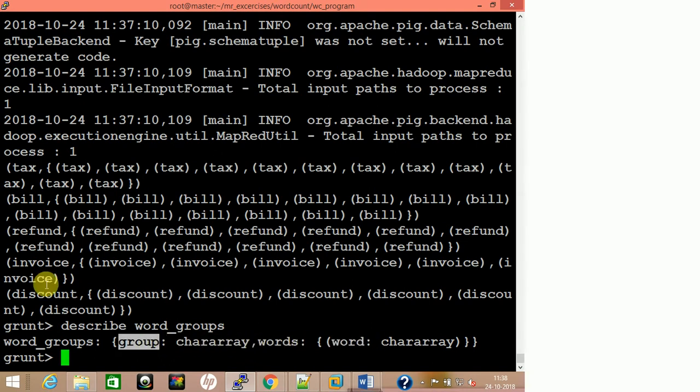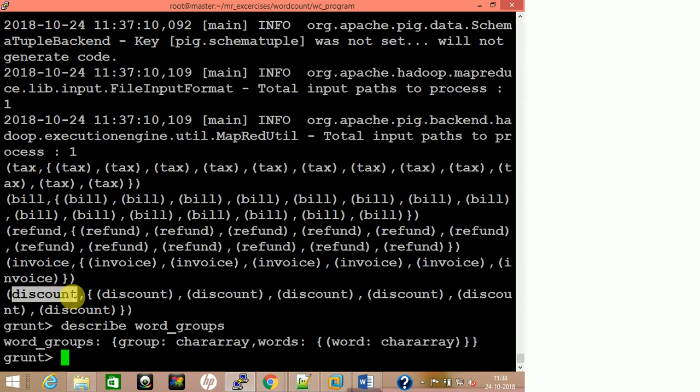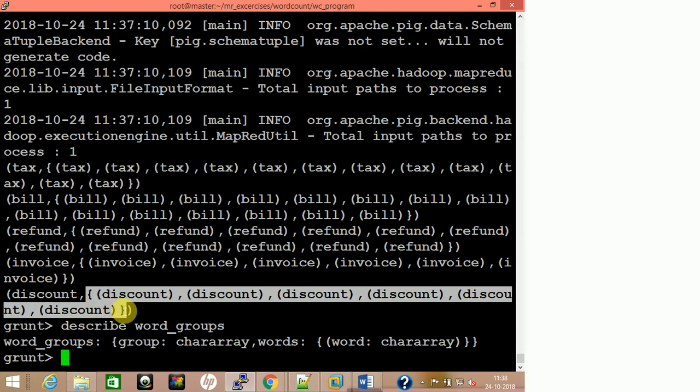So group is nothing but discount is a value in group, invoice is a value in group, refund is a value in group, right? And words, so after discount, this is words. There are two columns, right? Are you getting it? Bag is a column. Bag is like an atom. So discount is one atom and this whole is another atom, and this atom itself is a bag. Do you understand or not? Okay? Fine. So now